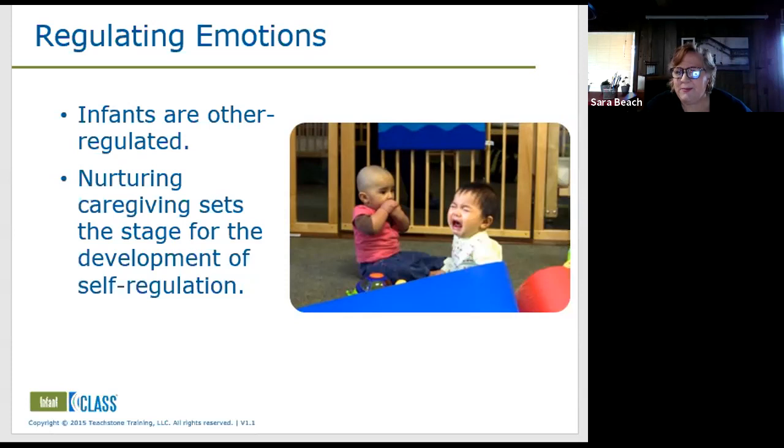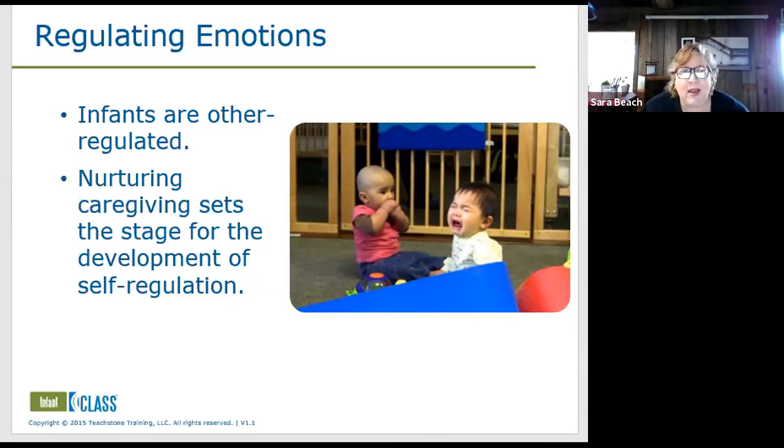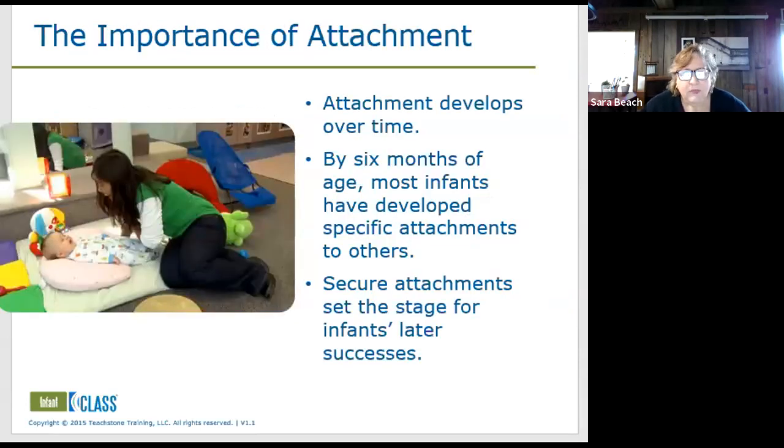Which is why we know the more you hold a baby, the more solid they are becoming psychologically and emotionally. We are not harming them by holding them a lot. And the more they cry it out, the more they're left to cry, the more difficulty they have in developing the ability to self-soothe eventually. So the most secure babies are the ones who get a lot of holding and a lot of nurturing, right?